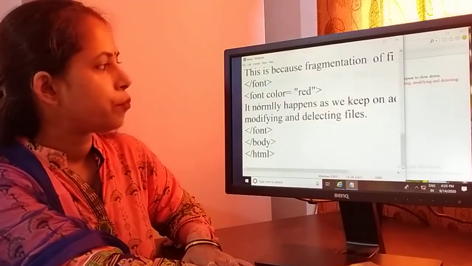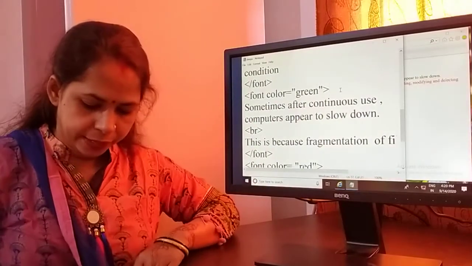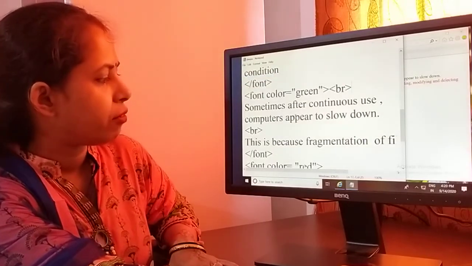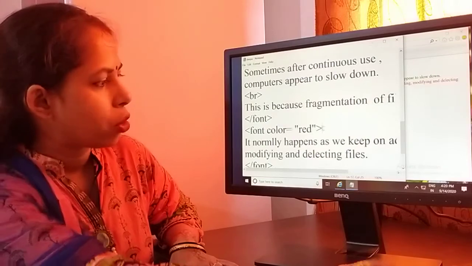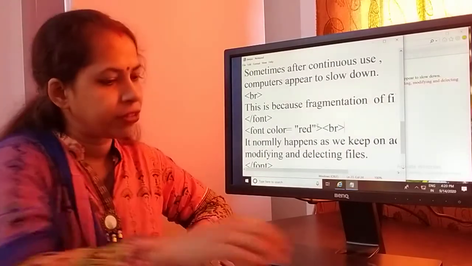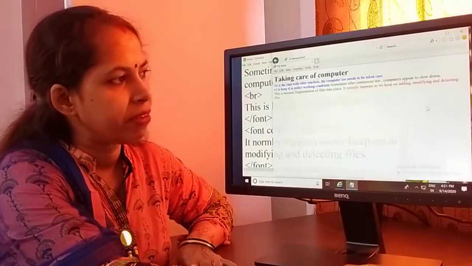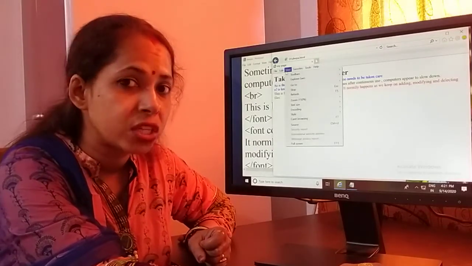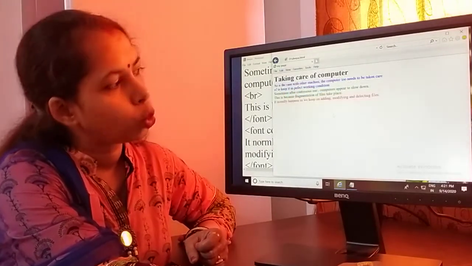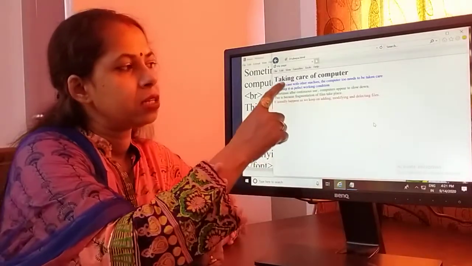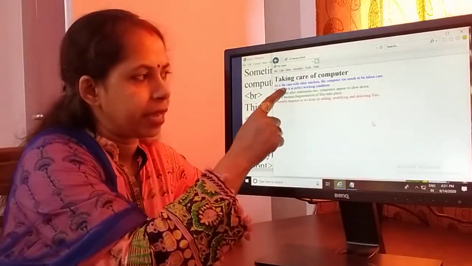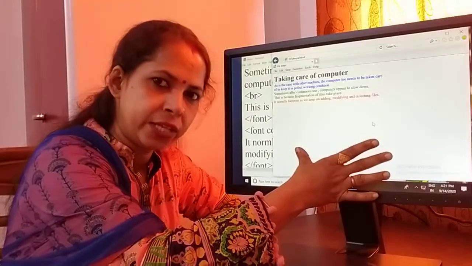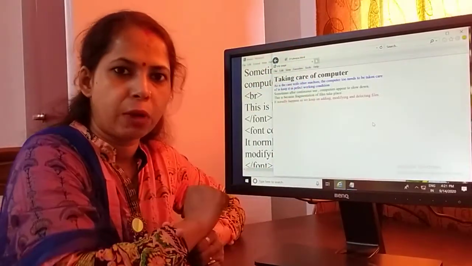So I am going next again to this line, where we have to take BR for a line break, okay, and save one time. After that we go to this line also and add a BR tag, okay. After that, save once more, not save as, save only, and then view a second time. After saving my file with the new modification, view, then refresh option. So the next line will come on the next line, okay. So my title is in black color, the next line is blue, the second line is green, and the last line is red color. So this is one page and different font colors appear on my web page.